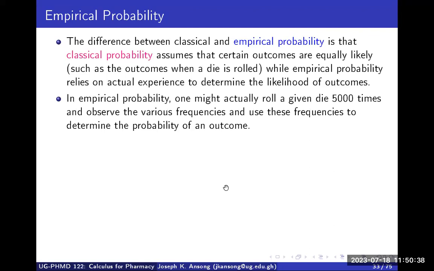So you actually take a survey, gather data, and out of that you can determine the probabilities. You are not assuming that every outcome is equally likely, and you are not necessarily using sample spaces. In empirical probability, you might actually do the experiment itself, roll a given die maybe 5,000 or 10,000 times, and observe the various frequencies and use them to determine the probability of an outcome. You don't have to do that under classical probability, but that is done under